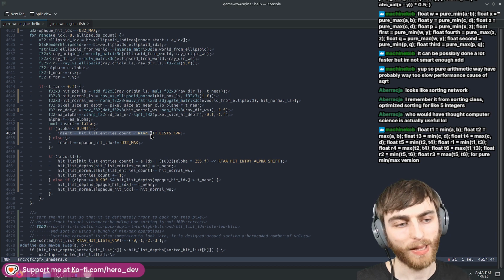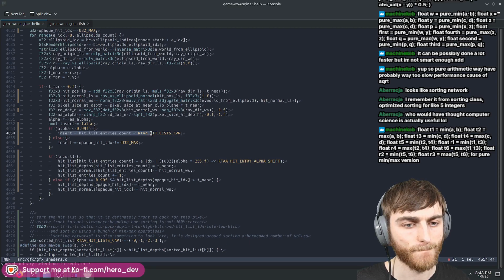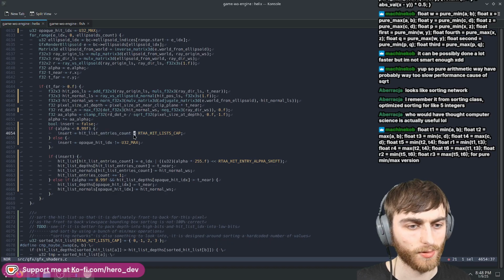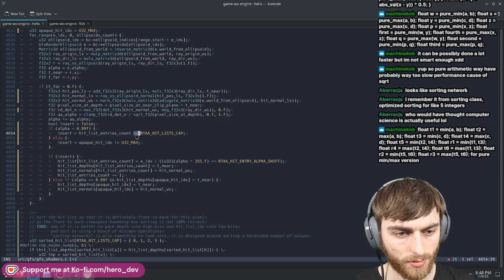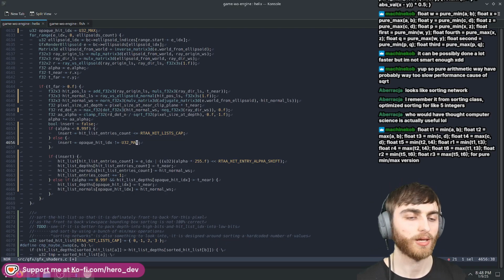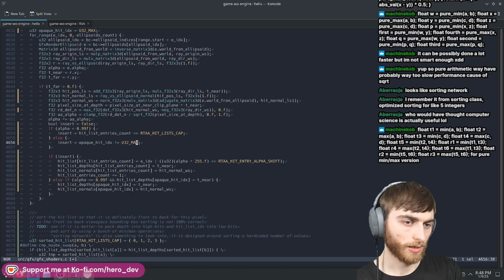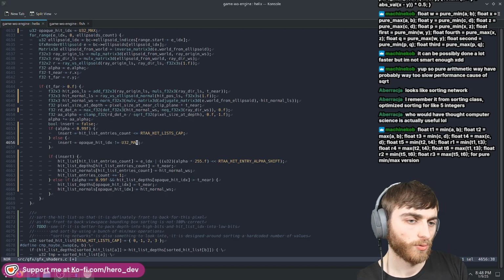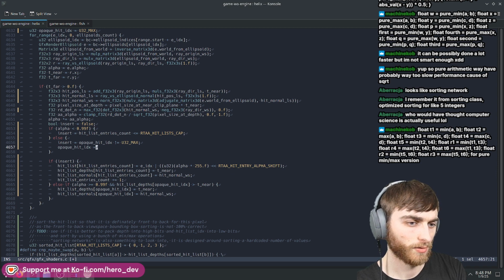But then if there's an opaque hit, so I guess you say less than or equal to that. And then what you're saying here is, well, on an opaque hit, we could go right, opaque hit index,